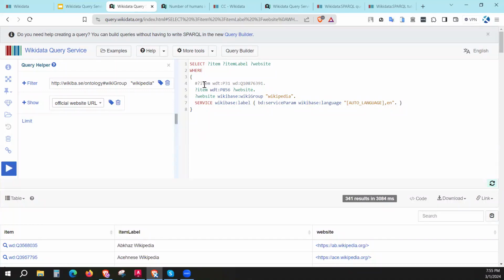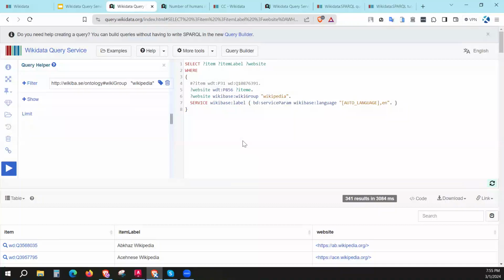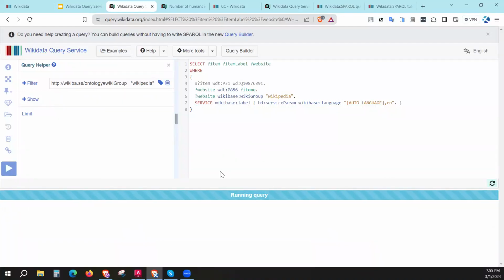So here we have all those. The statement can be written with a website, and we can start with a website item. If you replace this structure, like item, property, value, with value, property, item, it will also work. So if you run the Wikidata query, you can see